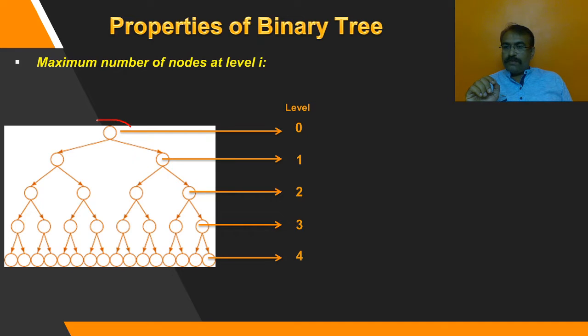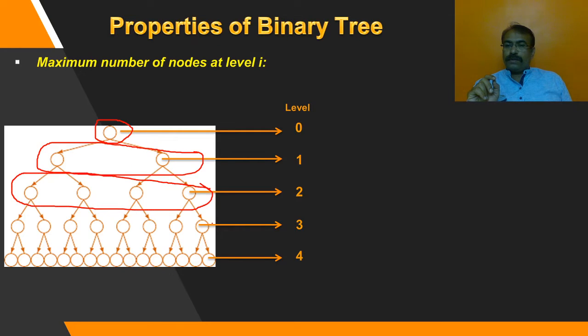Now what we can observe here is how many nodes there are in each level. At level 0 it is 1. At level number 1 you have 2, then you have 4. So how are they arranged? The root is going to have only two children. Then these two children are going to have 2 plus 2, 4 children. Then those 4 are going to have 2 plus 2 plus 2 plus 2. Likewise, the level keeps increasing.